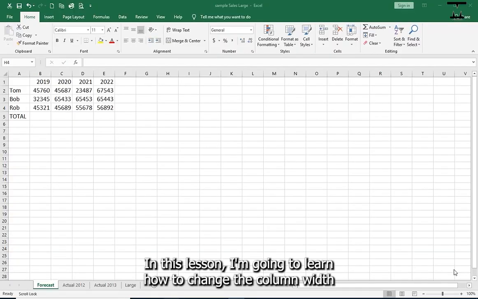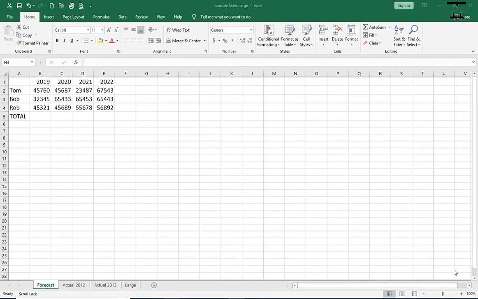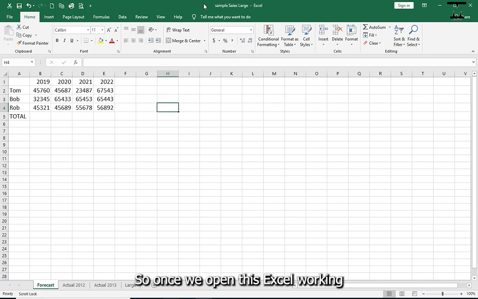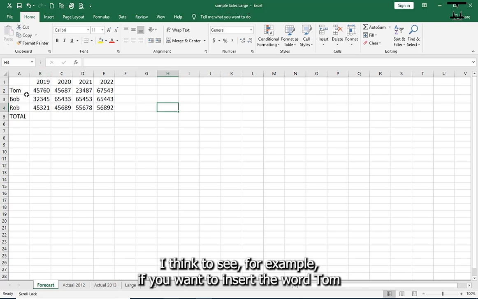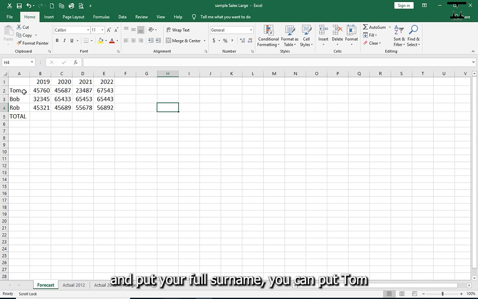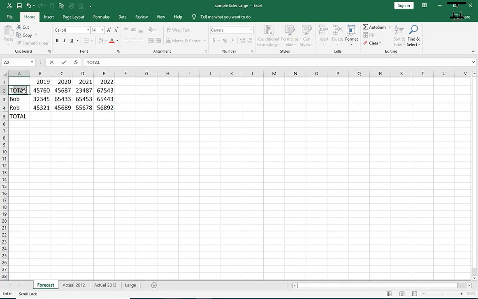In this lesson, you're going to learn how to change the column width and also the row height. So once we open this Excel working document called sample sales large, we're going to see, for example, if you want to insert the word Tom and you put his full surname, you can put Tom